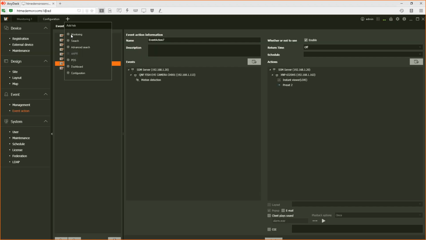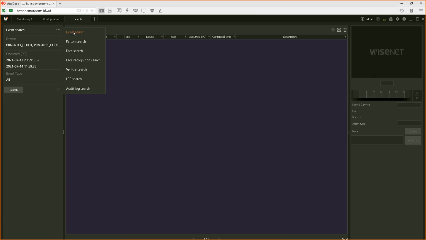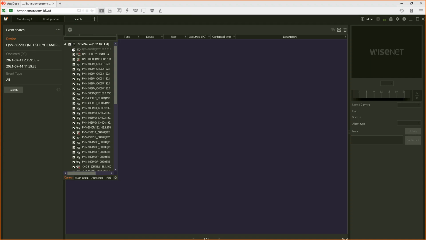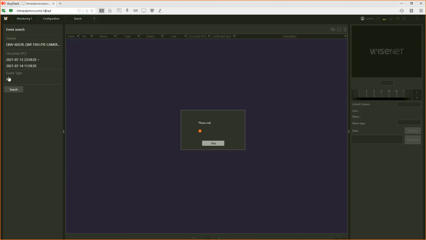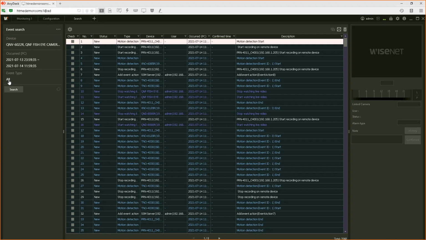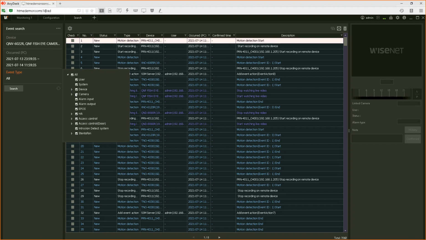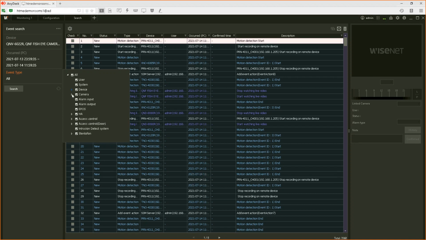Right. Then SSM has a search function. We saw a bit about it yesterday. It is about searching for events of all your cameras. You can filter the event type by device, by camera, by alarm.